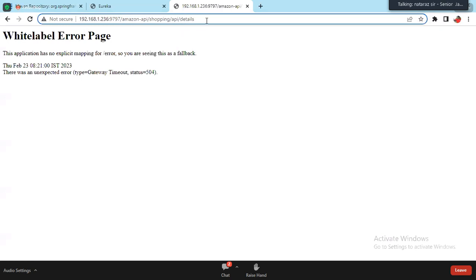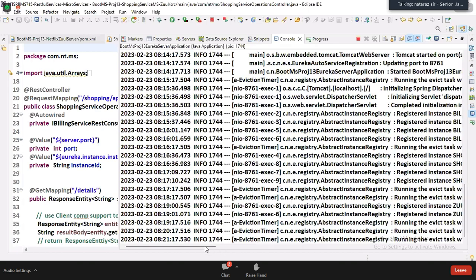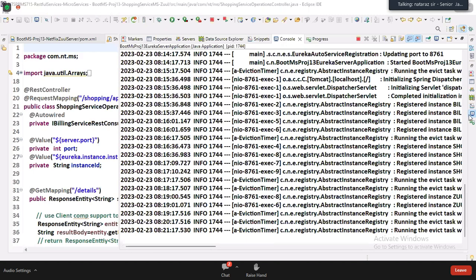Error page. In the key Amazon where we are getting... No, that is only for linking purpose, boss. That is only for linking purpose. Look at the server console. All perfect, boss. Why is it not